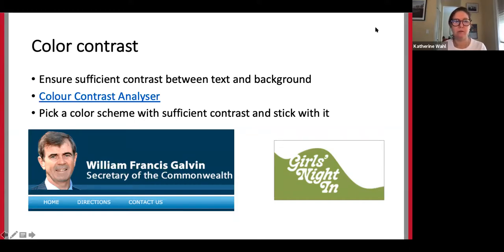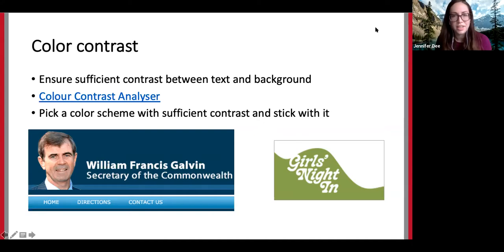Yeah. And another good question coming in, with a logo, what is the role of alt text versus ensuring that color contrast is sufficient? That's a great question. And the answer is you want to use both because for slightly different people, that's going to be challenging in different ways.